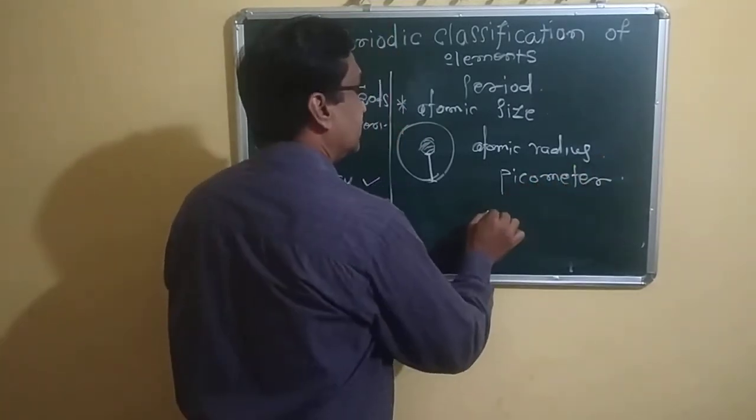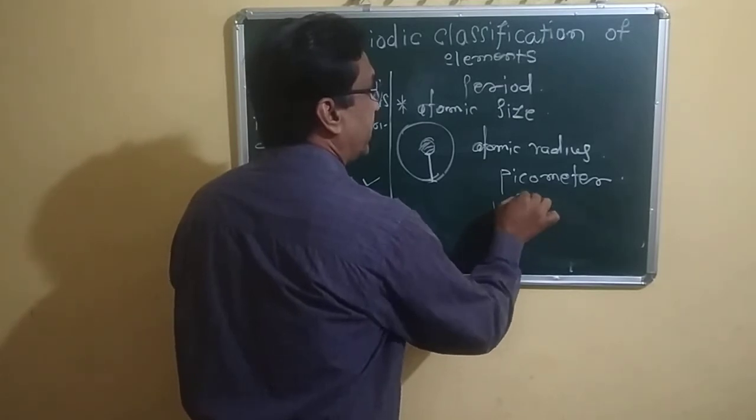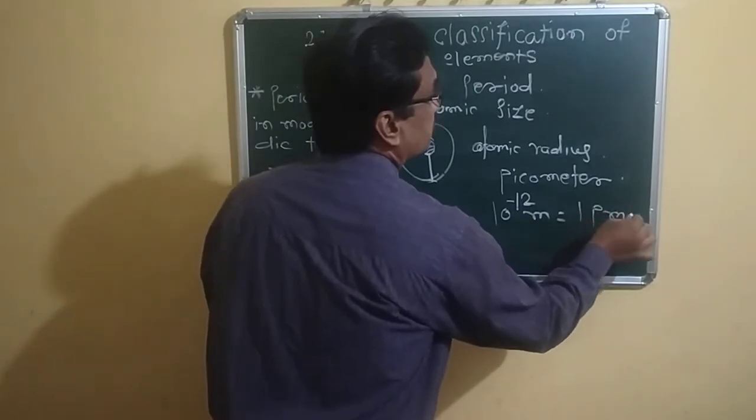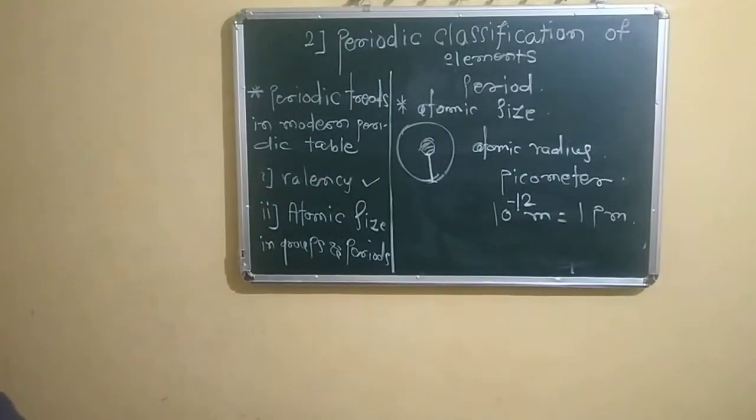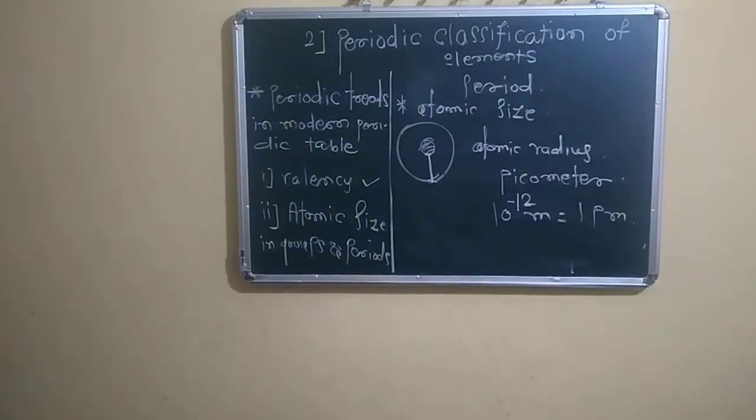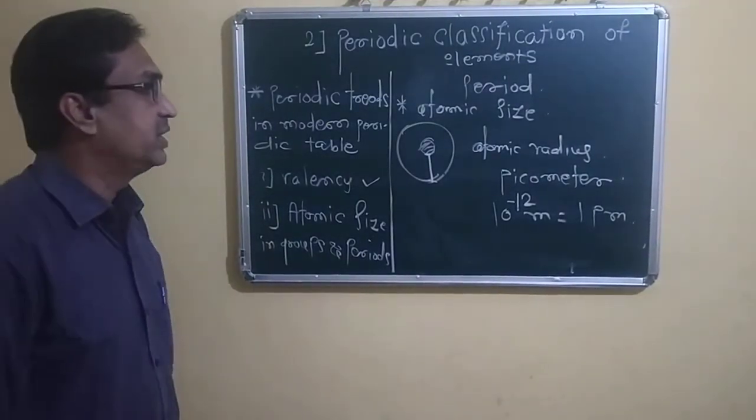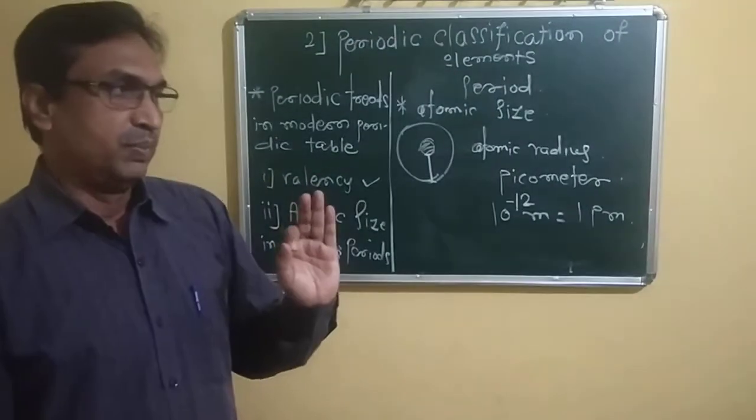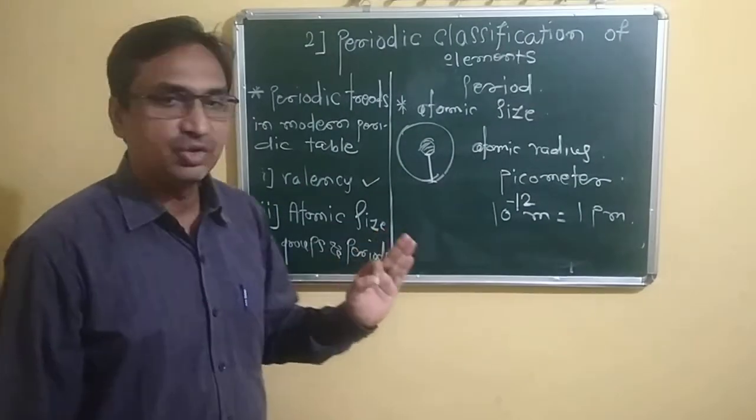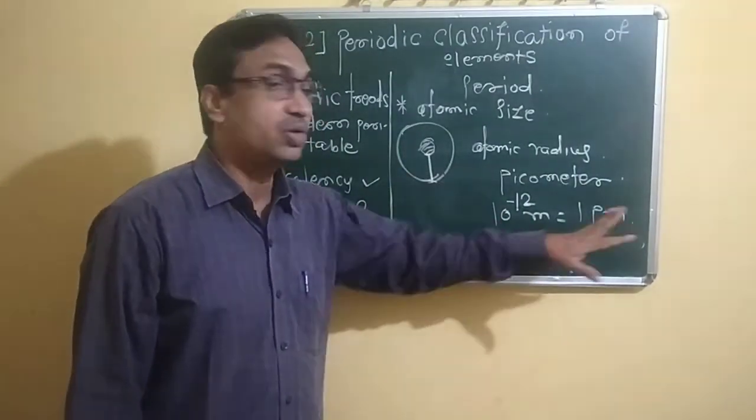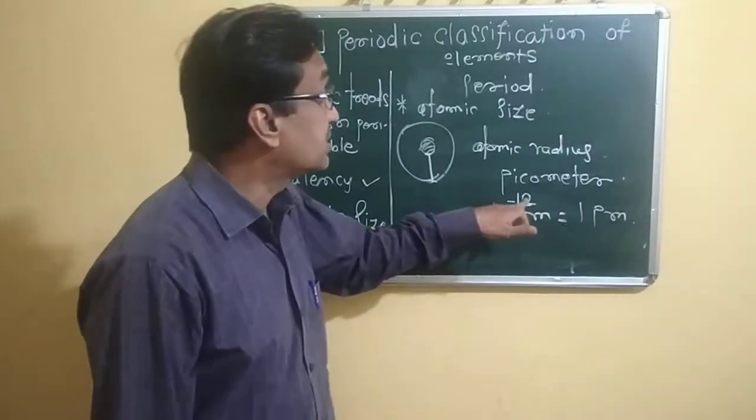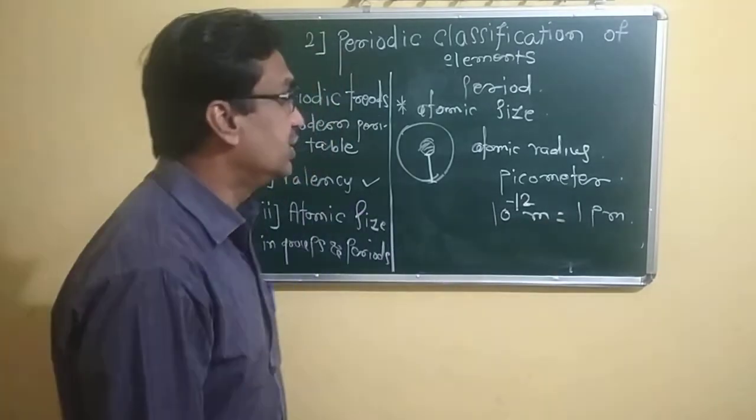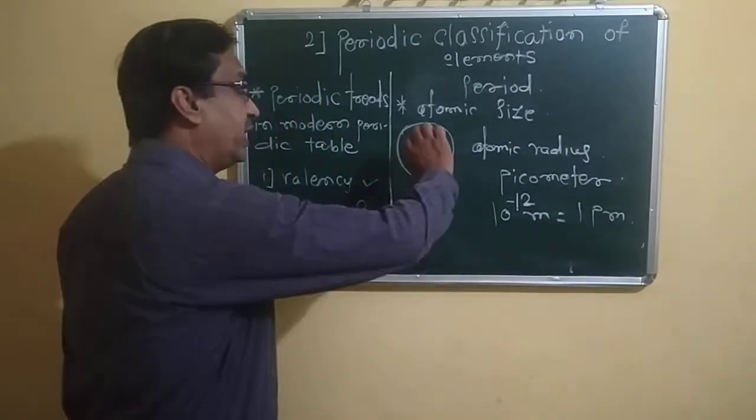Picometer, that is 10 raised to minus 12 meter is equal to 1 picometer. We have already seen in our book that 1 picometer is equal to 10 raised to minus 12 meter. Millimeter: 10 raised to minus 3 meter is equal to 1 millimeter. 10 raised to minus 6 meter is equal to 1 micrometer. 10 raised to minus 9 meter is equal to 1 nanometer. 10 raised to minus 12 meter is equal to 1 picometer. In this way we can measure the atomic radius